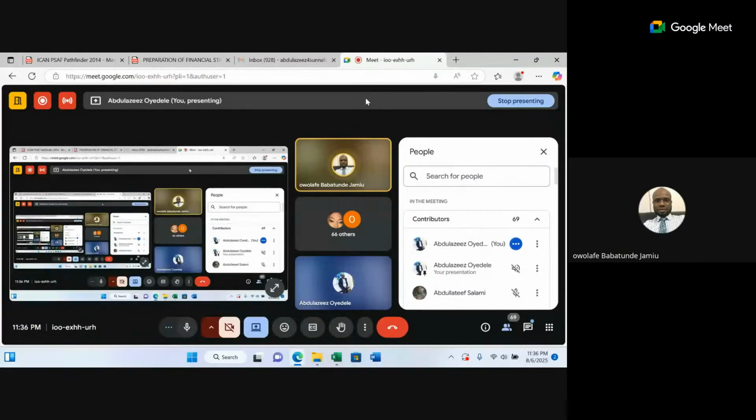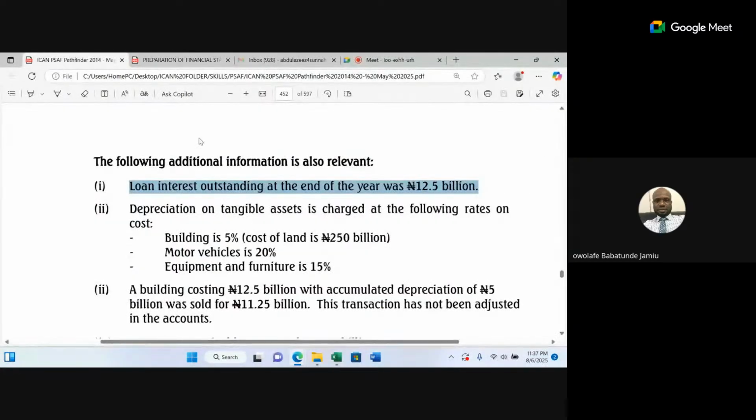I discovered that when you are doing the working, you put it under the non-current liability, the one in the additional information. I was expecting that one too should be non-current because it has exceeded 1 year. Though the question was silent on when the note took place, I was thinking that since the first one was taken to the non-current liability, definitely the one in the additional information should also be taken to the non-current liability.